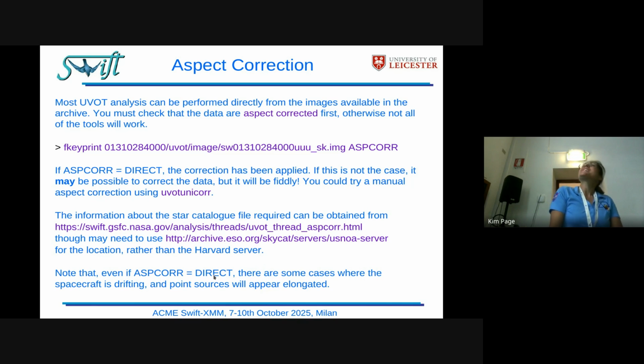Oh, and yes, occasionally, even if it says the aspect correction is correct, or direct, I guess, you might see point sources are slightly elongated. It doesn't happen very often now. There was a while we had a problem with the gyros and things. Swift moves through spinning gyros, and about 2 years ago, I guess, they weren't holding Swift as stationary as they should have been. We referred to it as jitter. So although we seemed to be on target and pointing, we had this jittery motion,